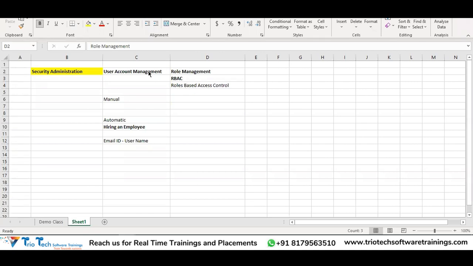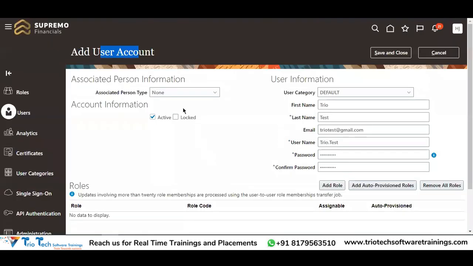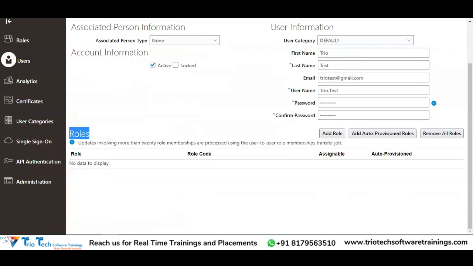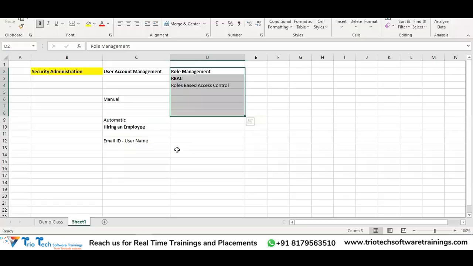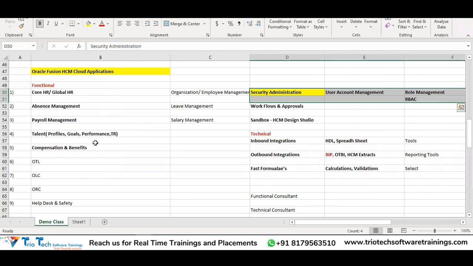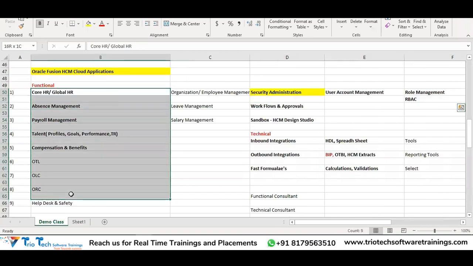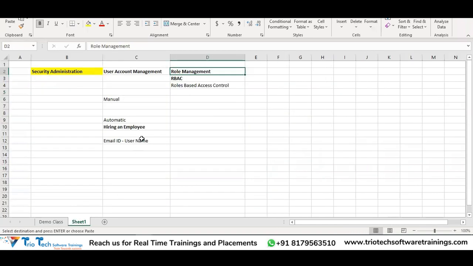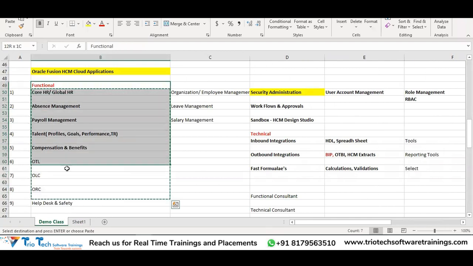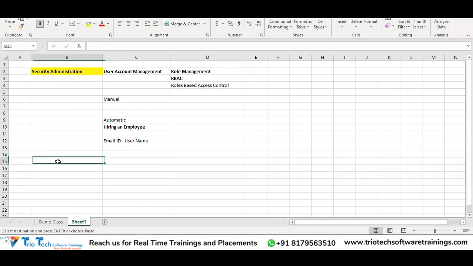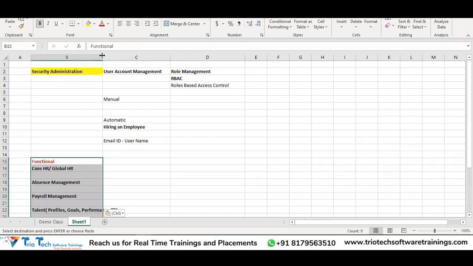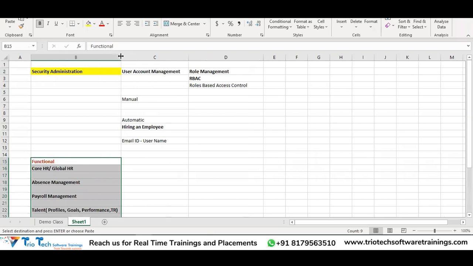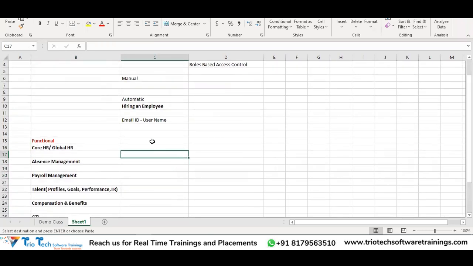Okay. After creating the user account, we have to assign the respective roles to that user account, team. So when we come to the topic of roles, for each of the modules, let me take up some examples here, team. Okay, in the functional side, as of now, let's assume these are the modules we are having, correct? So for each of the functional areas in the system, Oracle by default delivers the standard roles in the system